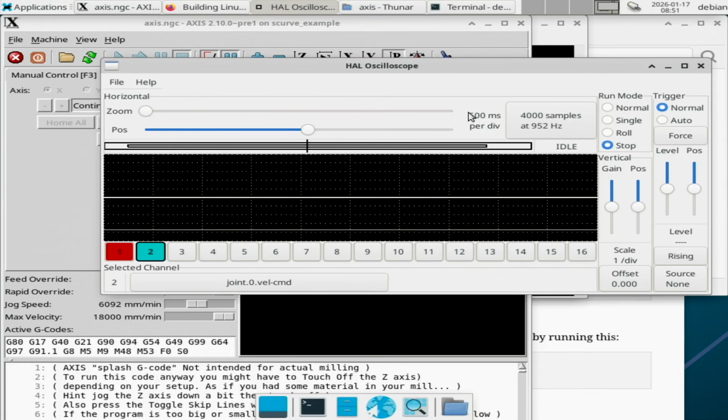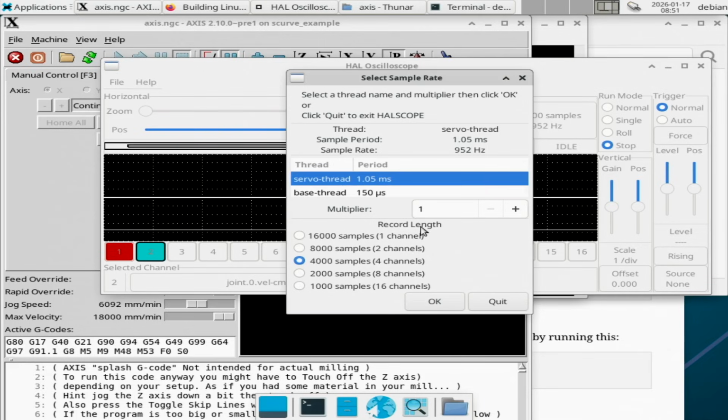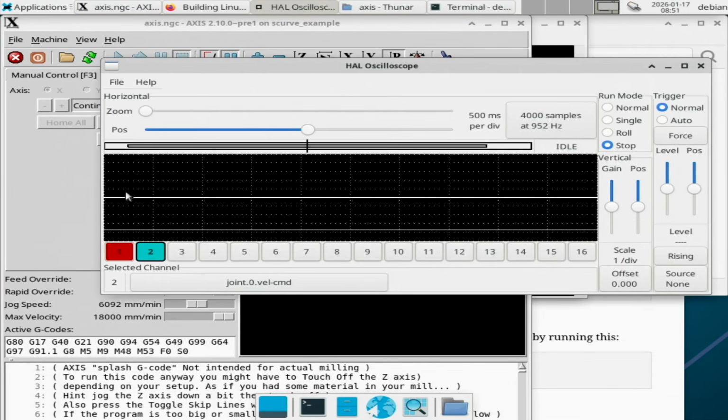So we can map these, you can monitor these things in real time, and you can click on, I think we've got 8 values we can monitor at different values here. I've got 4,000 samples, 4 samples I can do. So this one here,